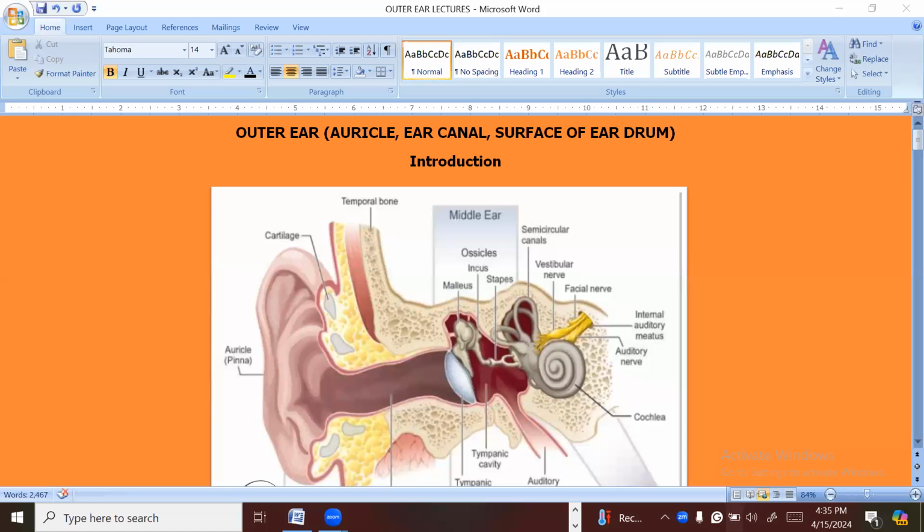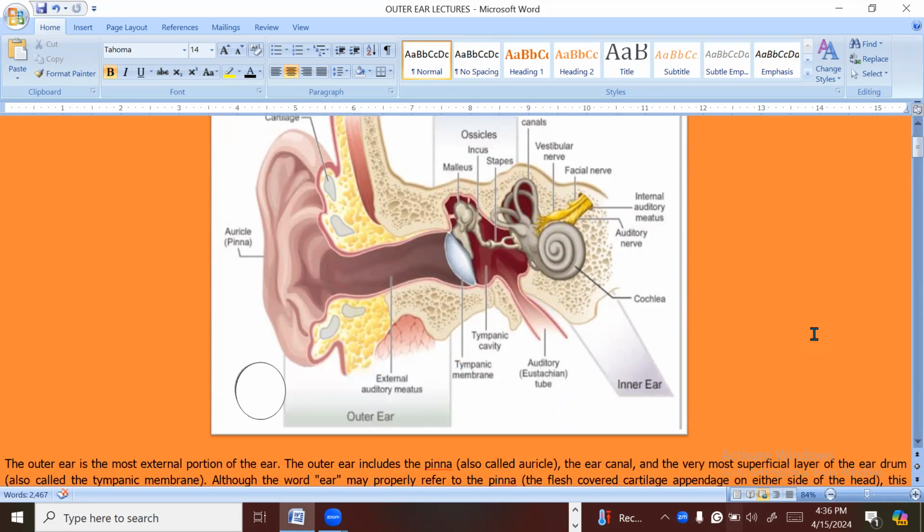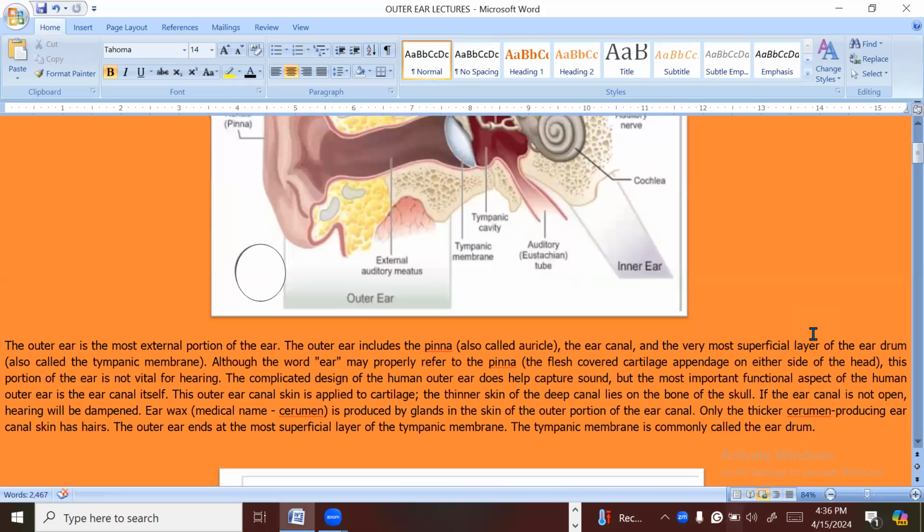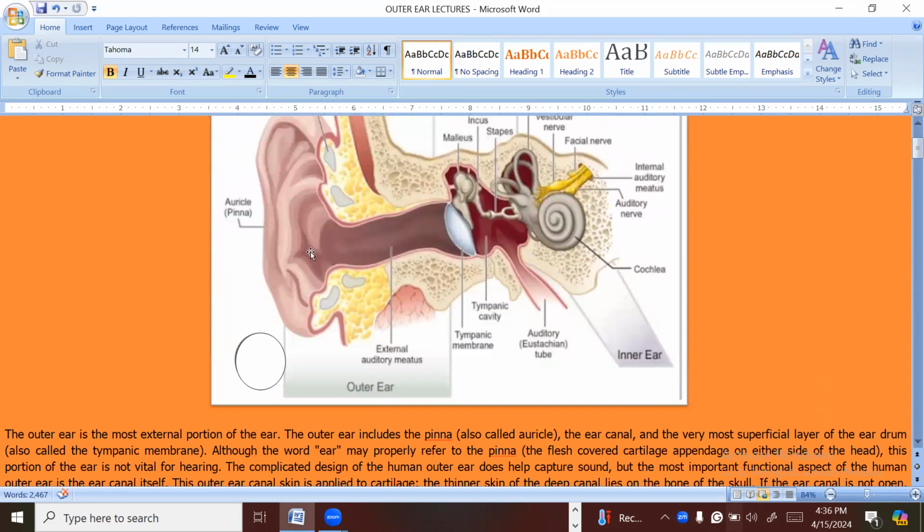Good evening, everyone. Today we will be looking at the outer ear, that is the pinna and the external auditory canal. That will be the focus of today's lecture. The outer ear begins from the pinna,